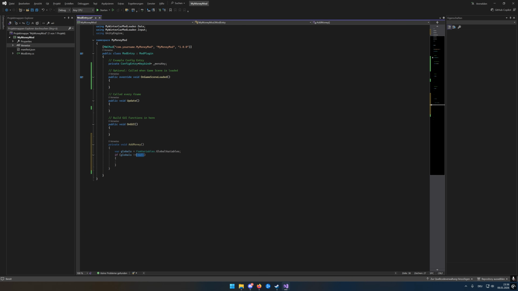Unity allows you to just type if globals, but we will do it the old-fashioned way. If globals is not null, yeah, we will do it this way. Okay, and now we know the globals are real and we can use them, so we will take the money variable out of it. So we type var moneyVar, and this we will take out of our globals that we defined, dot,